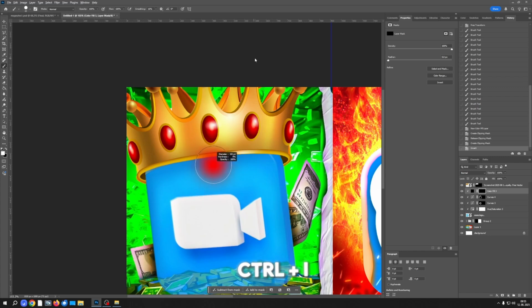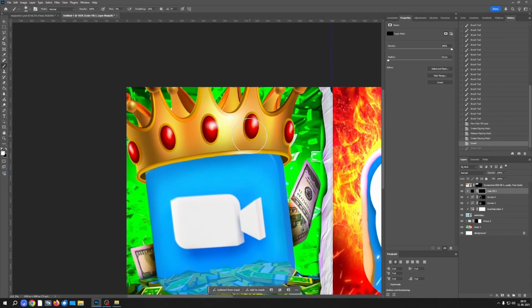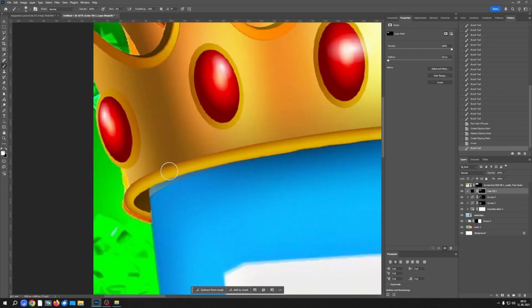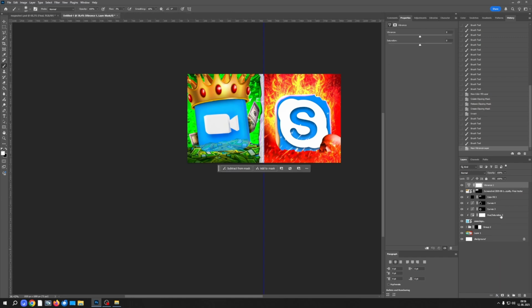Invert the mask and let's just paint here. Also reduce the flow, and where it's more distant there should be bigger and softer shadow, and where it's closer it should be smaller and sharper. Now let's add some saturation to the crown,